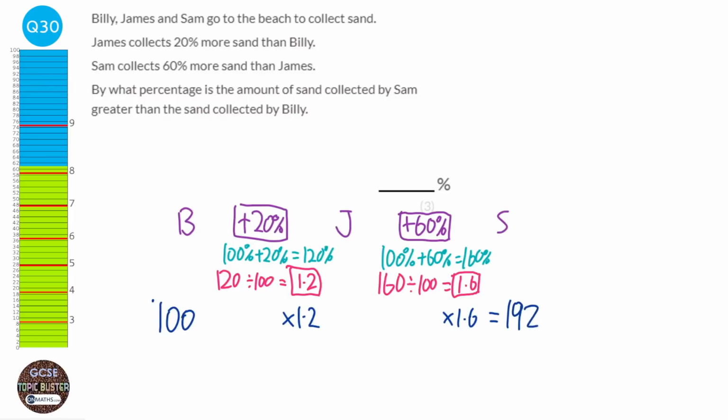So we started off with Billy's 100, we just made that up, but it just makes the maths nicer to use. And we ended up with Sam having 192. Well, what is 192 as a percentage increase of 100? Well, the reason we picked 100 is we can clearly see that it's gone up by 92%. So our answer is